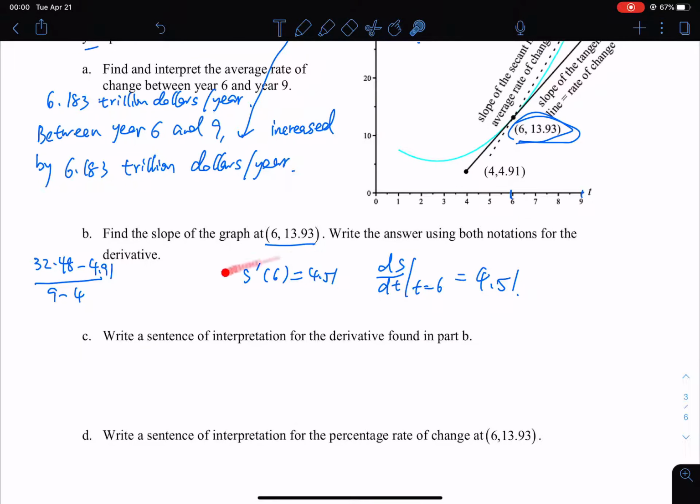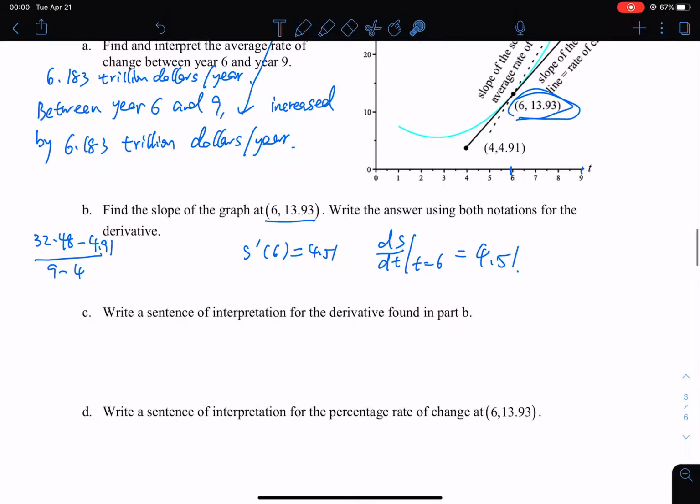So this one just means at the end of year 6, Apple Corporation's annual net sales, that is the output description, were increasing by how much? By 4.51 trillion dollars per year. And then D,